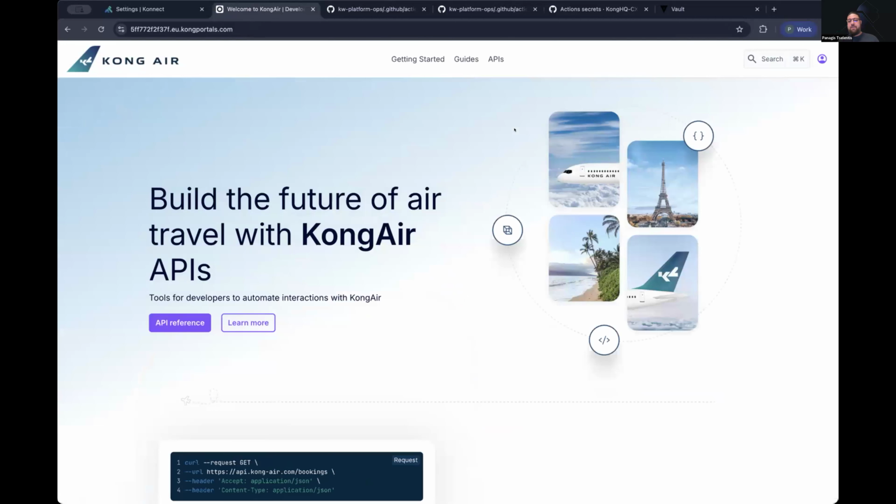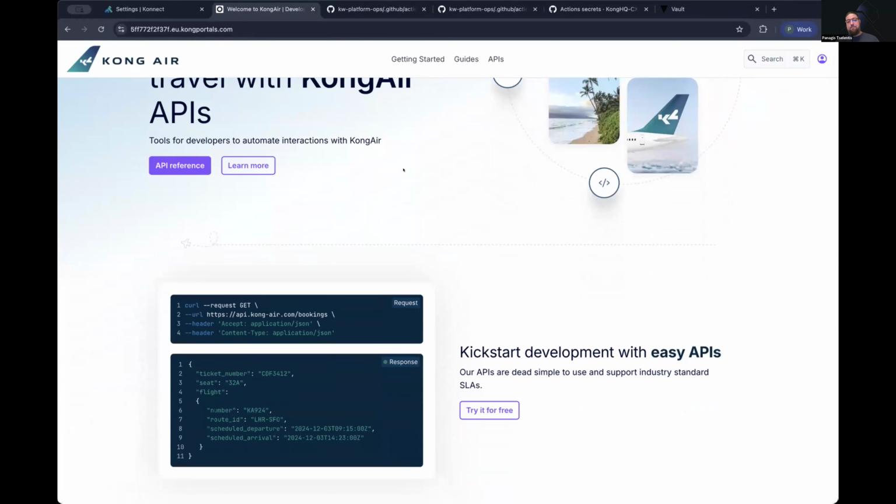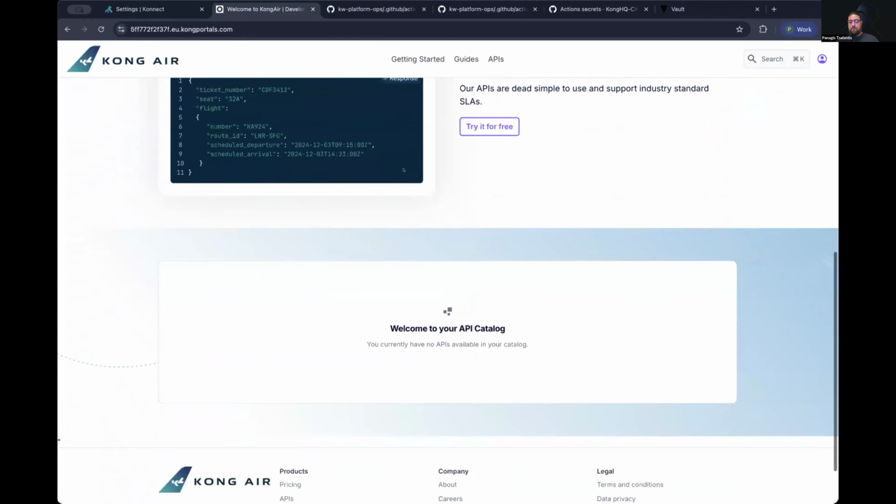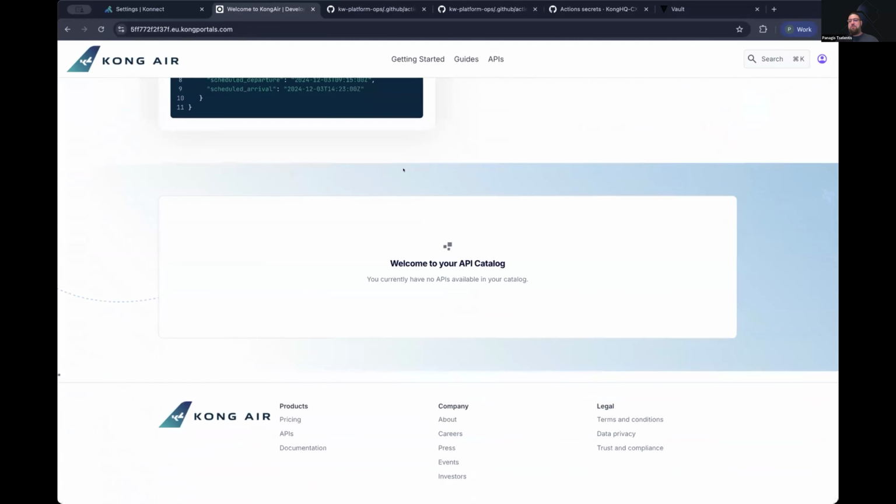The developer portal, as you can see, is also customized. It is using the Konnect company branding. So you can see the Konnect colors, the Konnect logos, right? And the UX people in the Konnect organization did a great job creating a very compelling user interface for our developer portal. But as you can see, this developer portal is just a developer portal, which is initialized, is configured